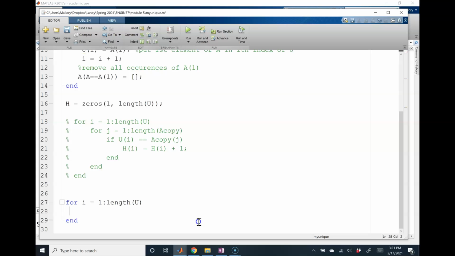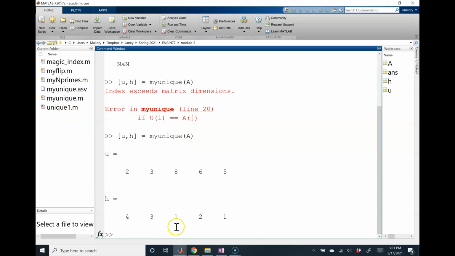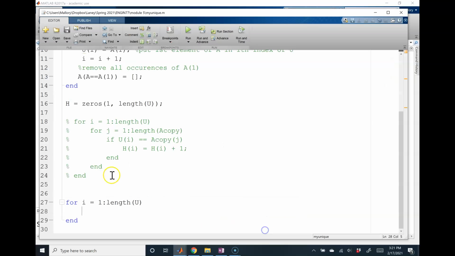I'm not sure if this is going to work. Hold on one sec. We can create a logical where, let's say our index is a copy equal to u of I. So remember this right here, and let's put a semicolon here,